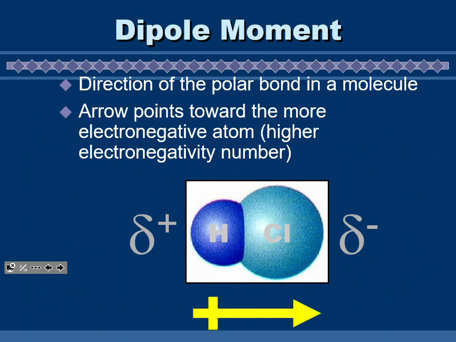In this case, HCl only has 2 atoms. Remember, it's going to be linear then. If it only has 2 atoms, you can only go from point A to point B. Chlorine has a much higher electronegativity value than hydrogen, and therefore the electrons are going to spend more time around the chlorine than they do around the hydrogen, creating a partial negative charge over here. Okay? Partial negative charge on that side, and then around the hydrogen side is more of a partial positive, creating a dipole. Okay? So that's one thing that we need to look for, the dipole moments,